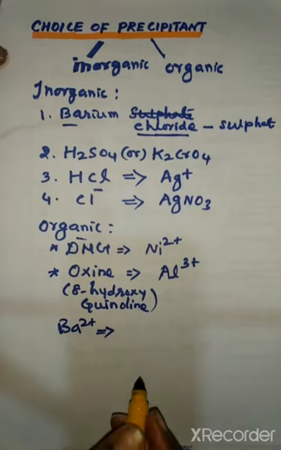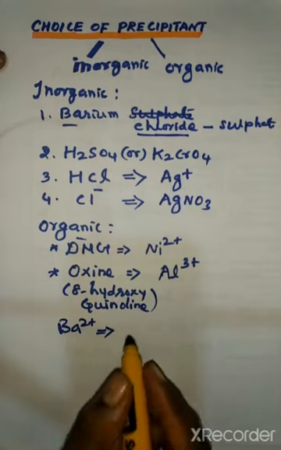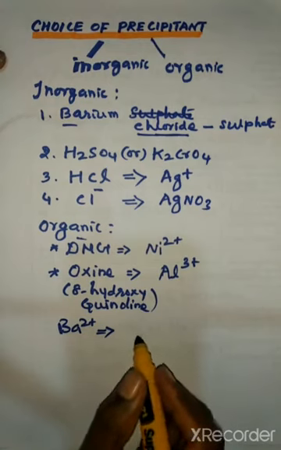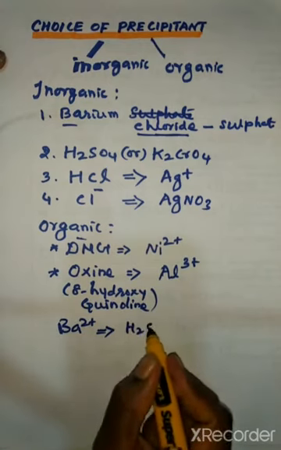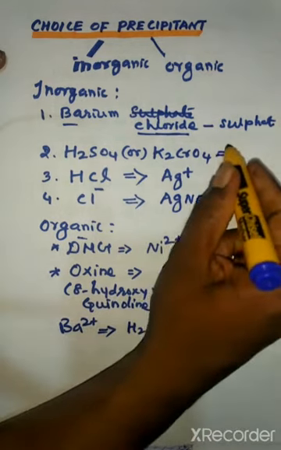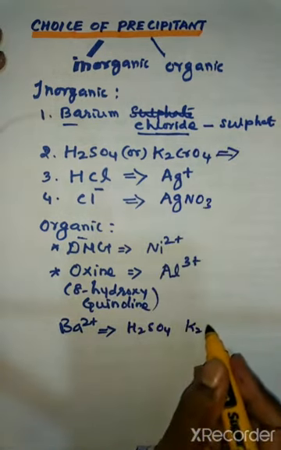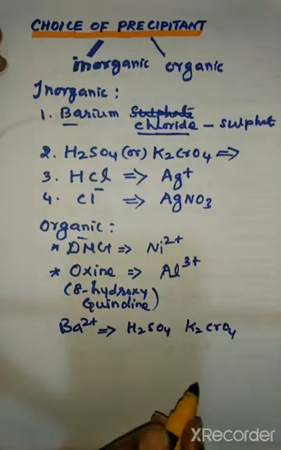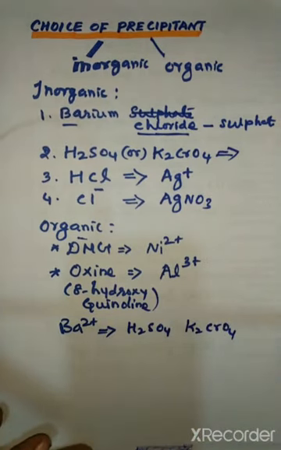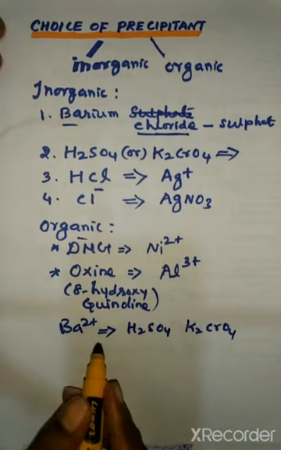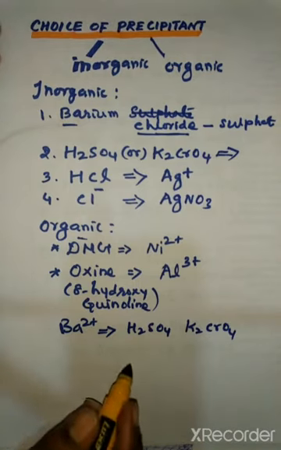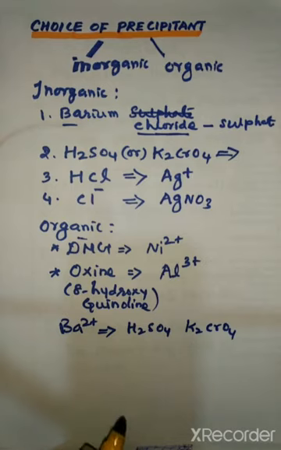During the estimation of the barium, we are using sulfuric acid and potassium chromate. To estimate the barium, we have used sulfuric acid and potassium chromate only. However, we can choose between an organic precipitant and an inorganic precipitant. For example, to estimate aluminium, we can use ammonium hydroxide